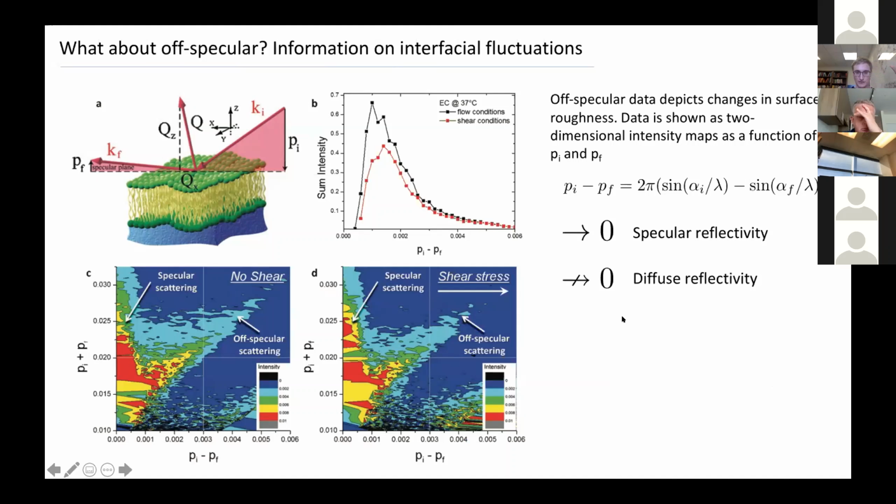This really is more of a descriptive slide. I know we've all had a longstanding interest in being able to gain some information from off-specular data. I've had a very strong interest in that, even in lipid monolayers, to be able to measure properties such as moduli, specifically bending moduli. And just to give you a sense, when we looked at the off-specular peak, and again here, this is just simply looking at the sum intensity,